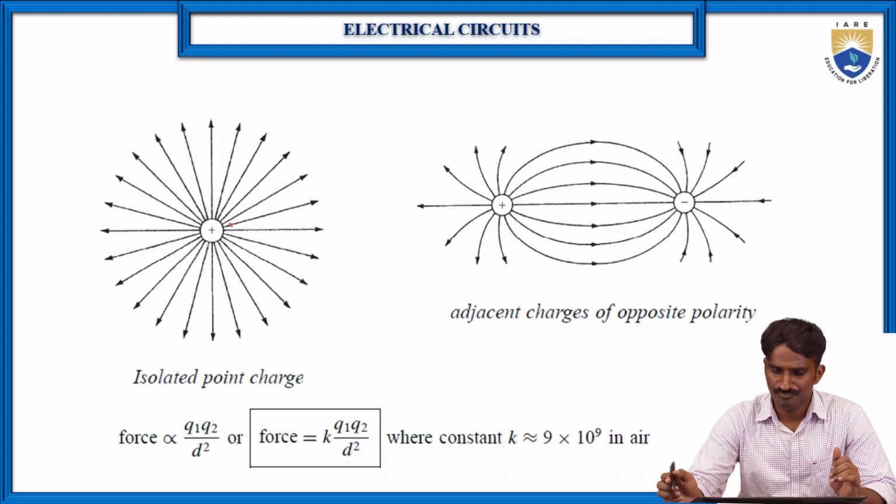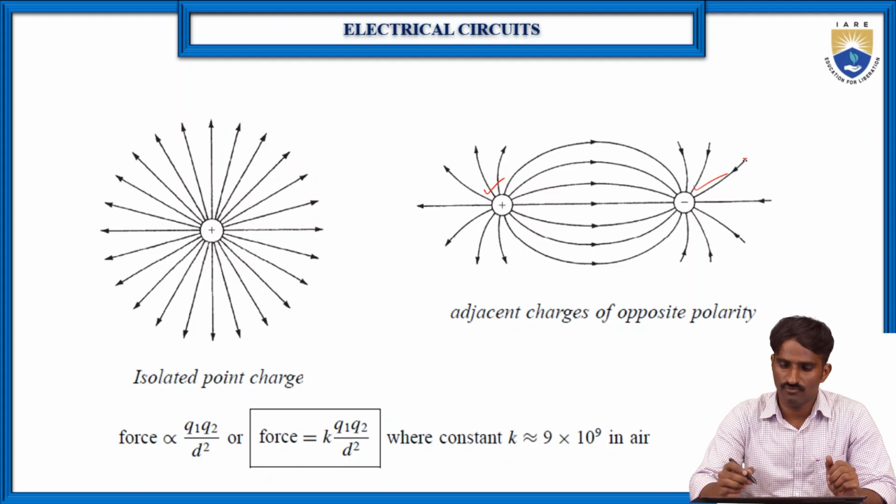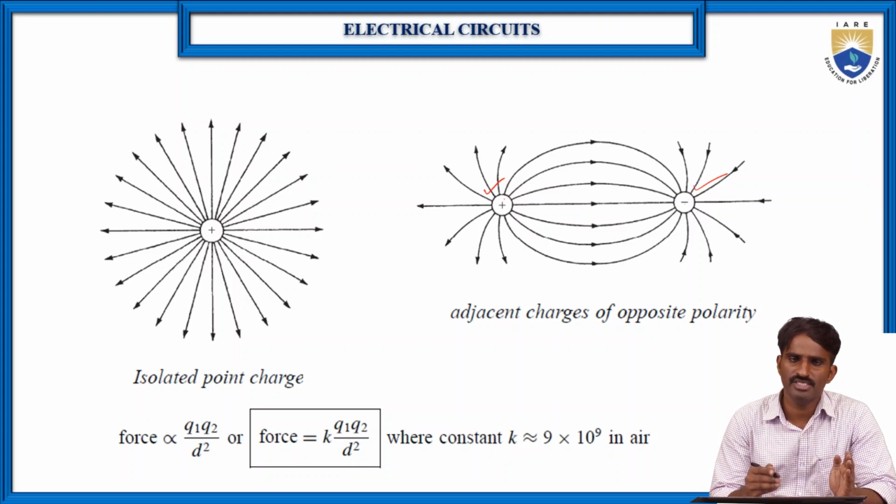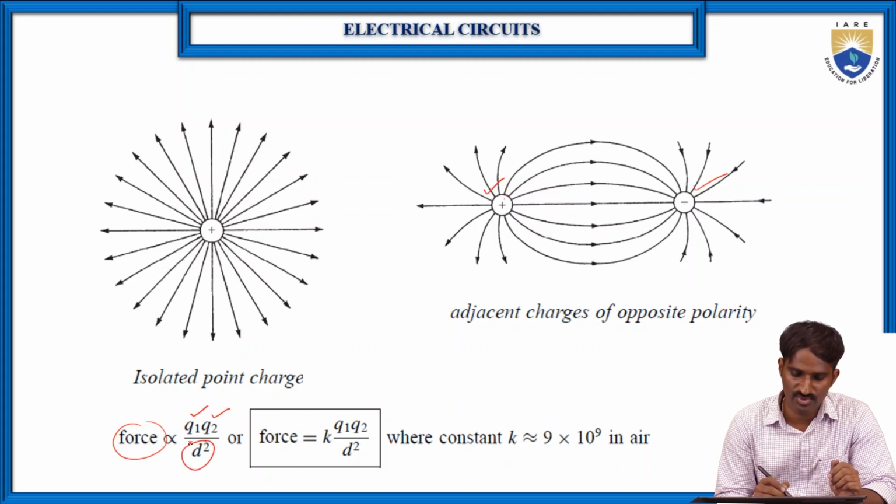in between those two charges. Similarly, if you place adjacent charges with opposite polarities, one positive and another negative, then as you can see here, the force is moving from positive to negative, right? From high polarity to low polarity. And of course, what are the parameters that will affect this force, or the electrostatic field? The force can be affected by the charges q1, q2, and the distance between those two